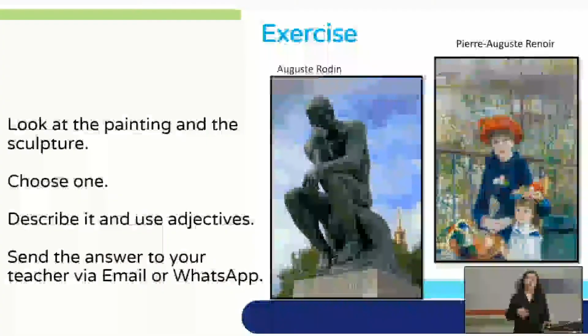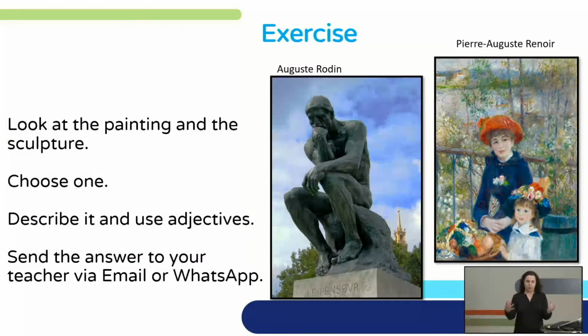And Rodin, he was a sculptor, he made sculptures from bronze. And this is called The Thinker. The Thinker by Auguste Rodin. It's a sculpture. He took bronze, I think in Hebrew it's called bronza, so it's almost the same word, and he sculptured the sculpture and he called it The Thinker.